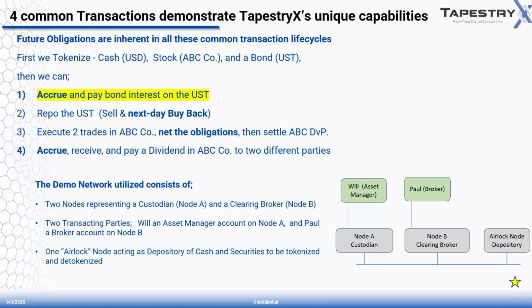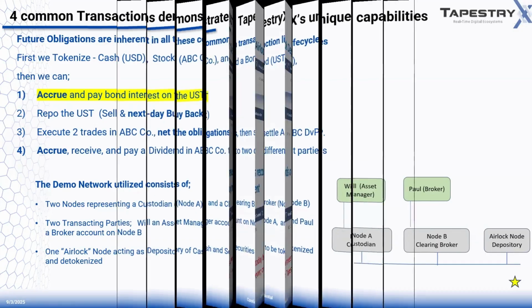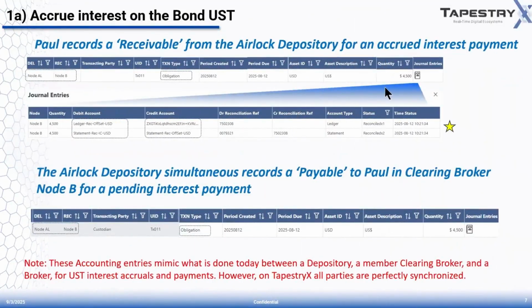In our network, we have the airlock node as the depository, which escrows the assets for tokens, and then we have a representative custodian that represents multiple accounts, one of which is Will as an asset manager, and we have node B as a clearing broker, and there's a broker in terms of Paul. Although multiple interest payments will be paid when interest is paid, we're focusing on the single payment to Paul as a broker. So if we look at the data that you see on the GUI on the screen,